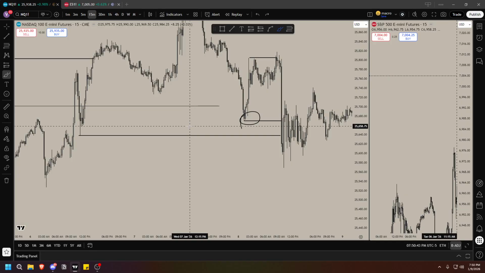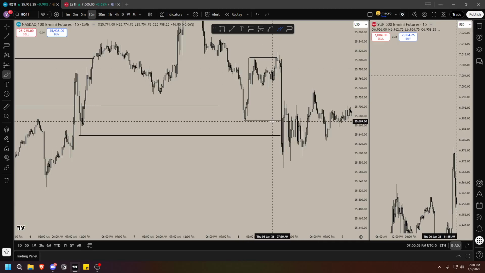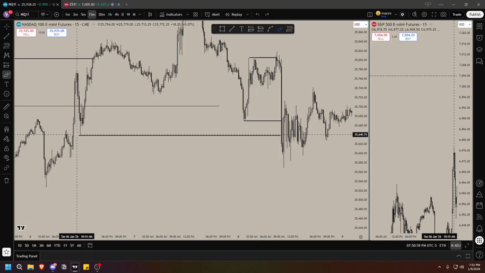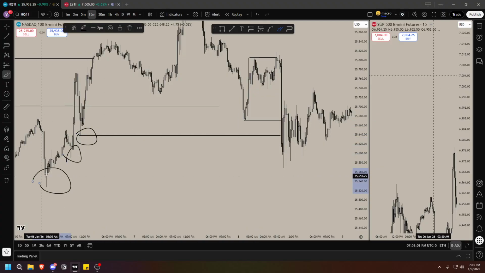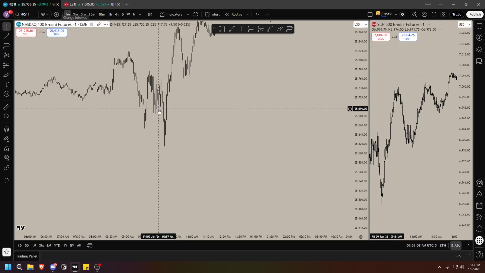Think about it. If this low had any significance to reverse price or give us internal manipulation to continue higher, even though the DOL was near us, it would have already done that. Price would have already started reversing and continuing higher, but it didn't, because it was targeting these lows, these lows, these lows. You get me? So don't treat internal manipulation as the holy grail.